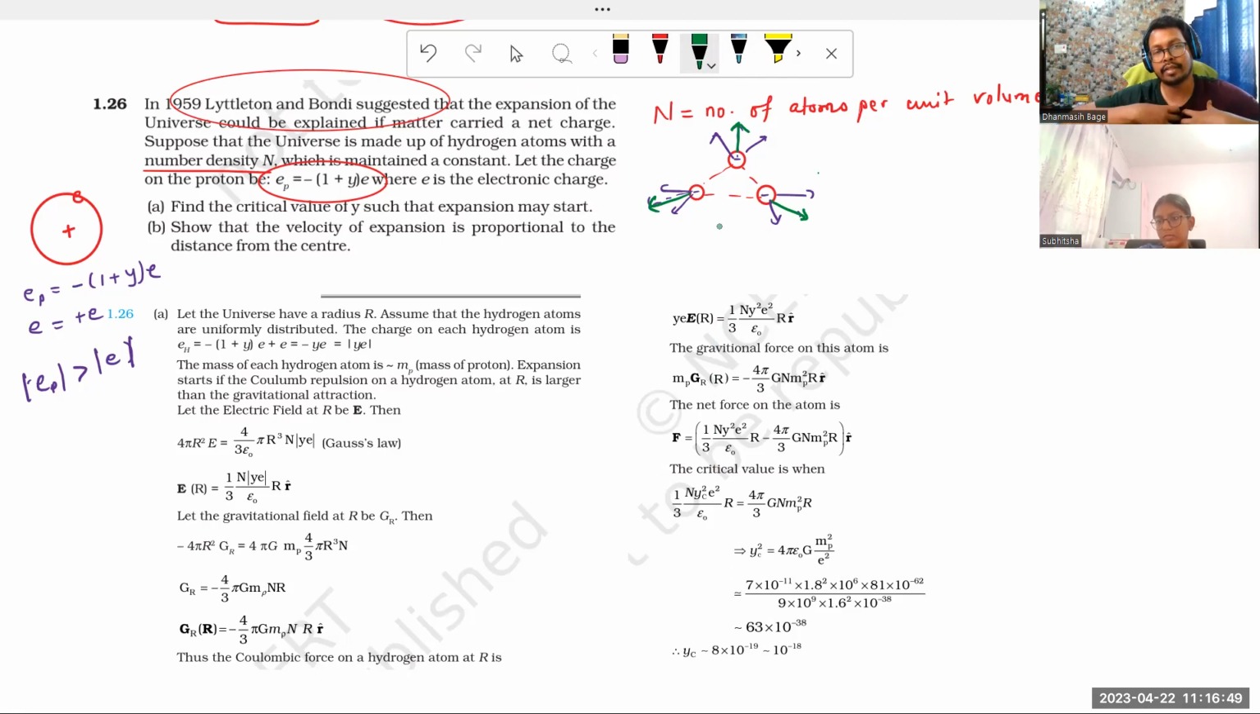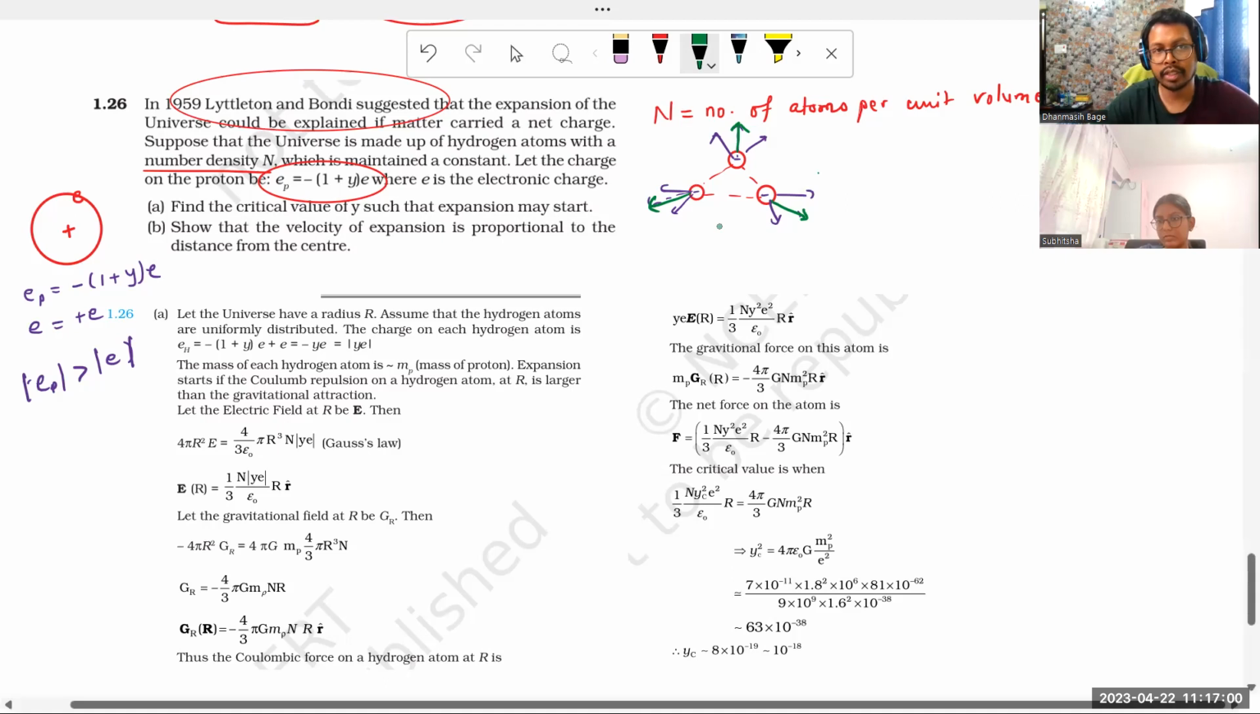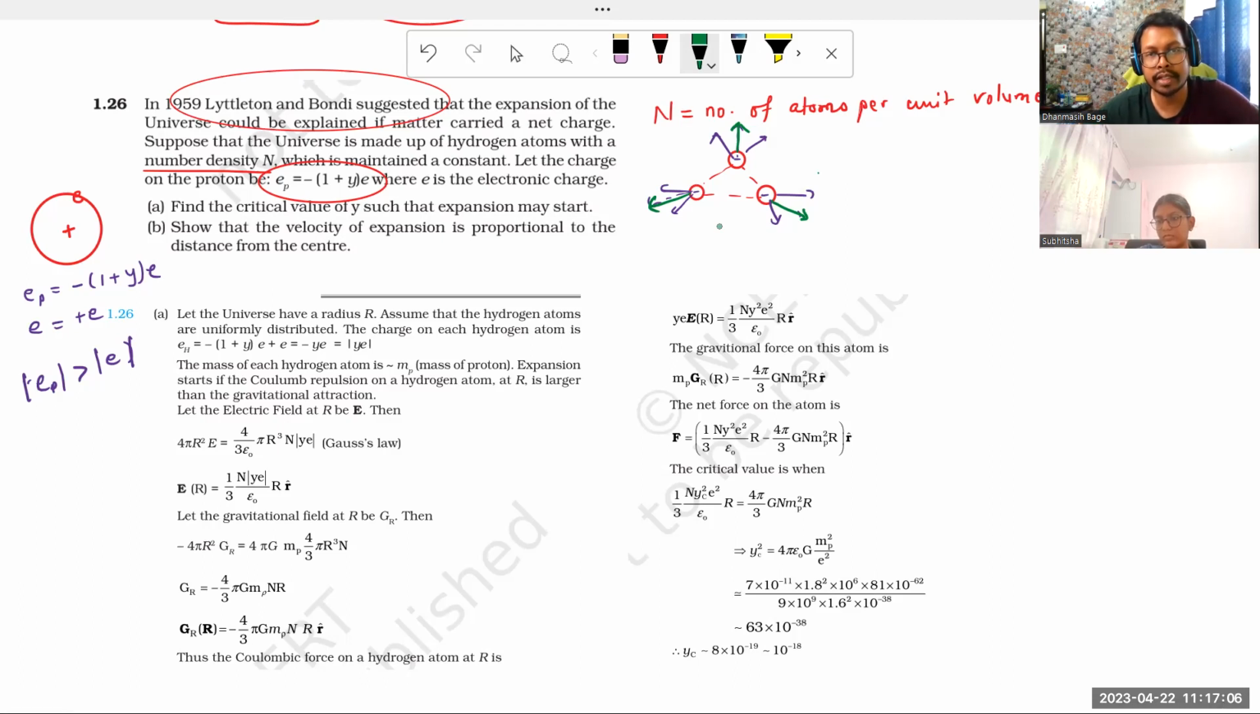So they explain that this universe is expanding because the charges, atoms, are not neutral. Atoms have some charge. So they just imagine that this entire universe is made up of hydrogen atoms, and hydrogen atoms are negatively charged. So find the critical value of Y such that the expansion may start. When can the expansion start? Just see that